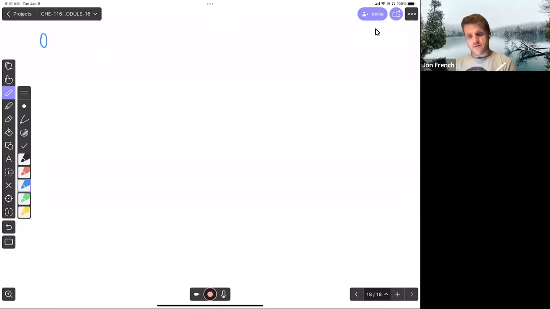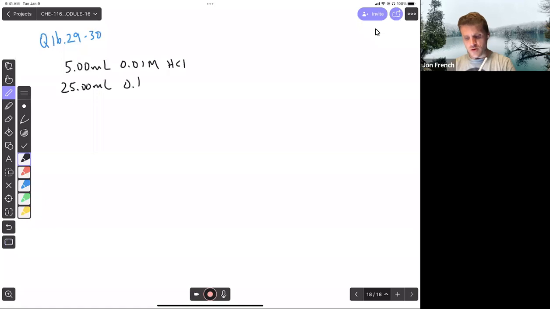Yeah, so if we have question 16.29 and 30, I think I did this in office hours, not this Friday, but the Friday before. We're asked to find the concentration of HF after we add 5 milliliters of a 0.01 molar HCl solution. I add that to 25 milliliters of a buffer that contains 0.1